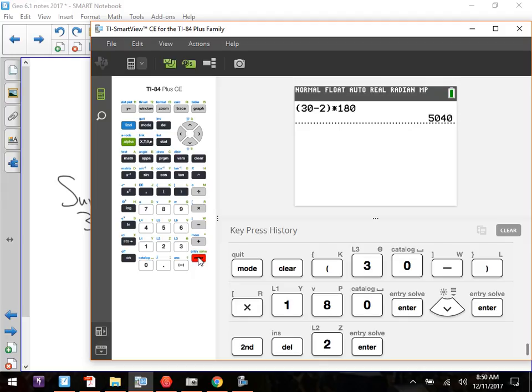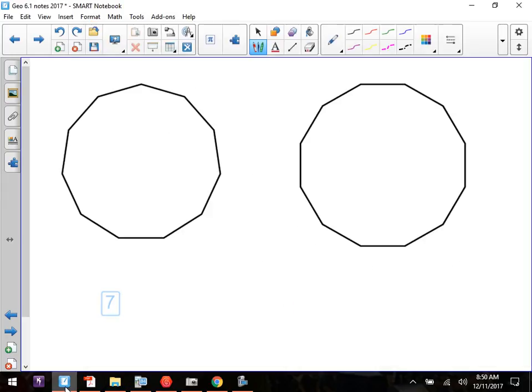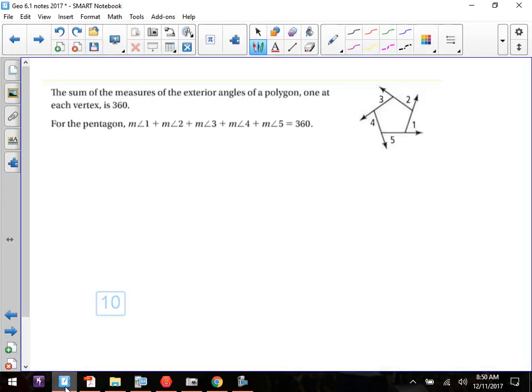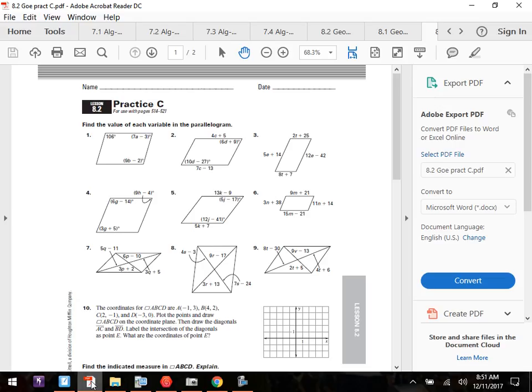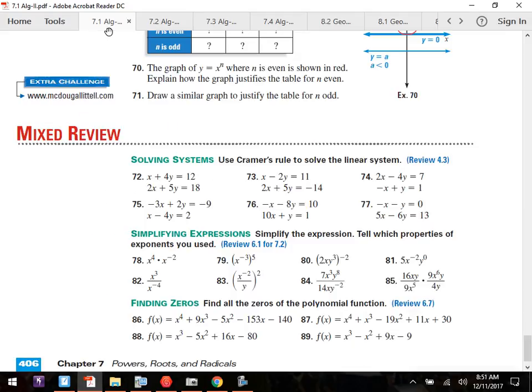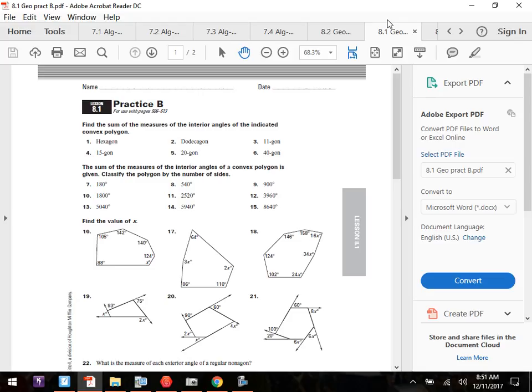All right, and that's part of it. And it works the same way, is that you can be given the sum of the interior, and find out how many sides there are. Can I see an example of that? Oh, actually, we'll get to that because they do that first. They don't do it right away, at the end of the section. Actually, pull it up. For example, if I have